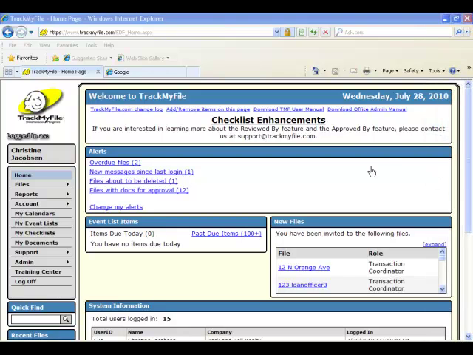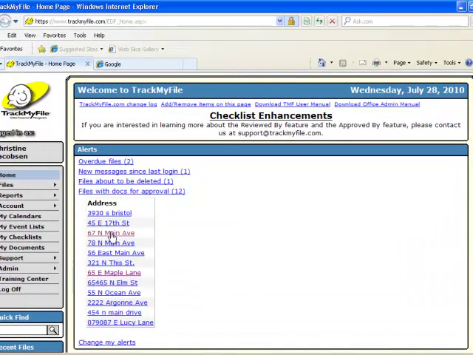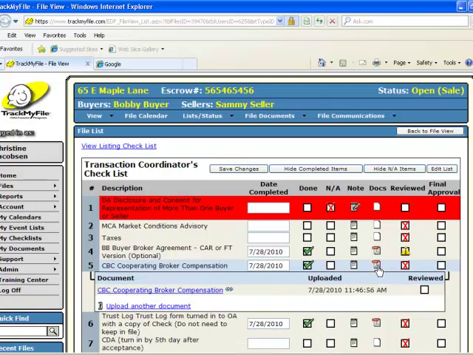If you have the final approval rights within your organization, simply click on the Alerts box, Files with Docs for Final Approval. Locate your property, click on it, and now you're brought to the tracking list that you need to pay attention to. You'll notice that item number 4 was opened for review but was not reviewed by a participant. So we have a caution sign that lets us know that this is incomplete. To put our stamp of approval on a document, we simply click on the Docs column on the Acrobat icon, click on the document name,